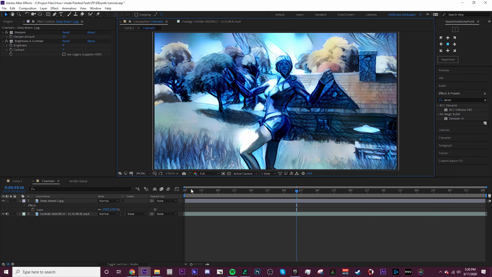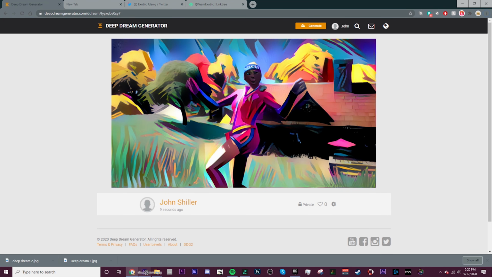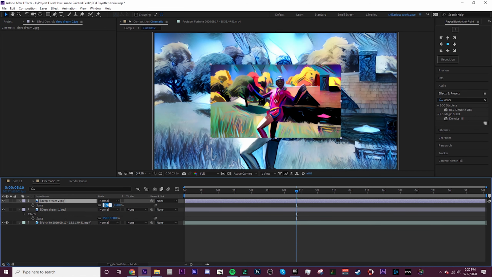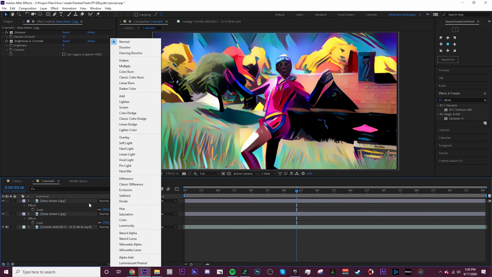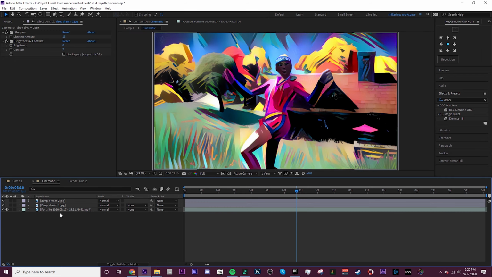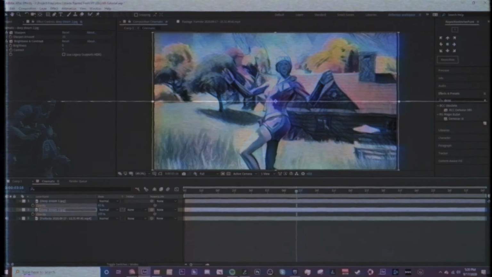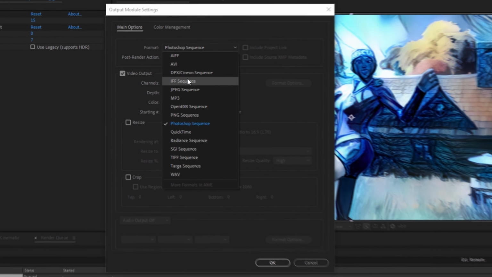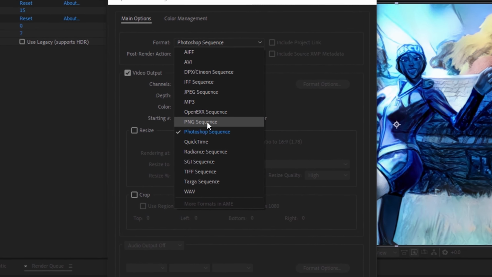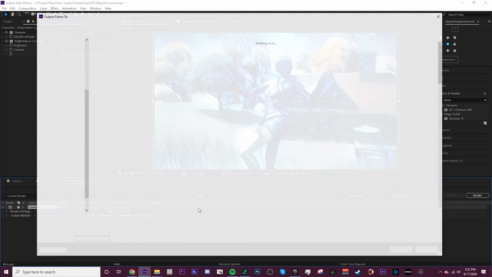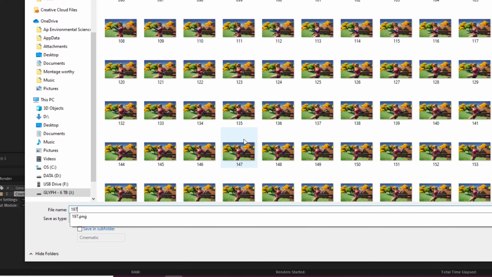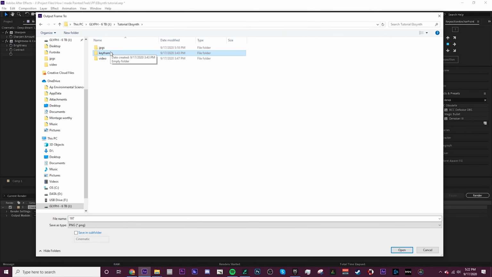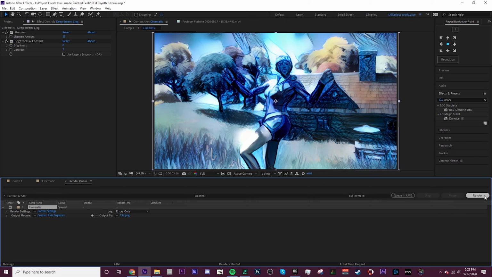And so at full res, this looks pretty good. And then I would put the second JPEG into that, scale it up, and then mess with the blending modes and opacities to get a picture that I like. And then I would just export that as a single frame, and make sure that it's a PNG, and then I would name this 197 and put it in the keyframe folder. So I render that,